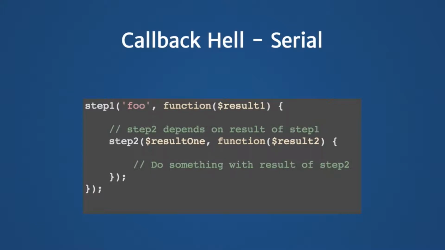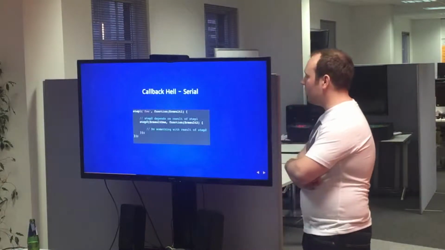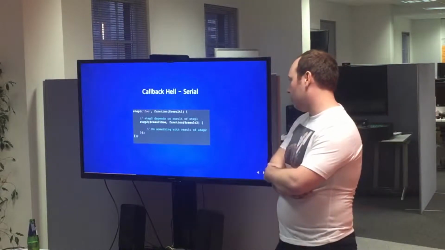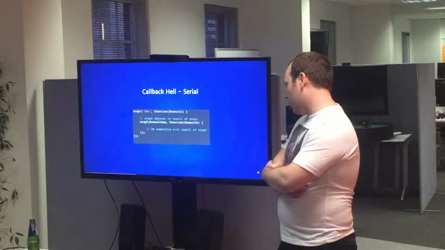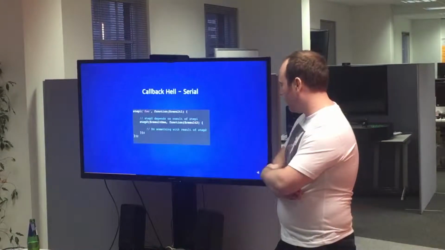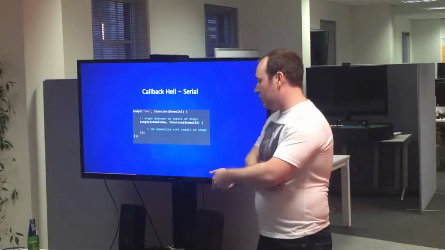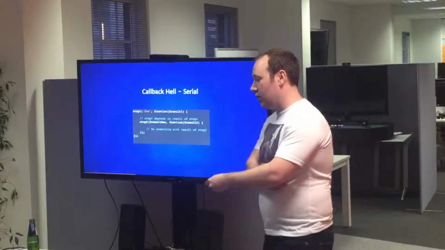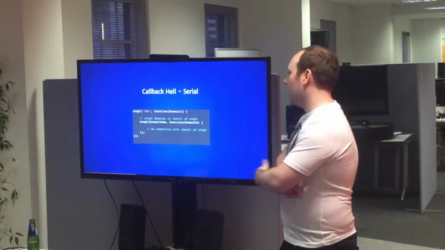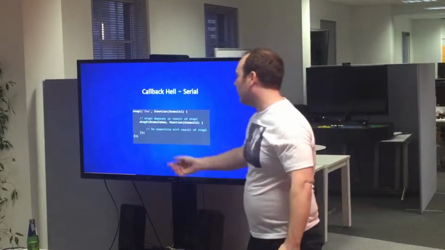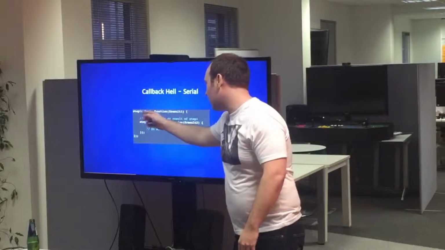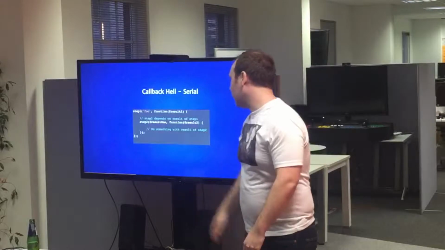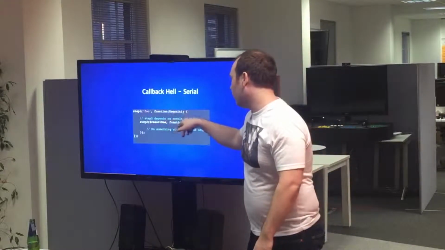Promises allow you to get away from this whole idea of callback hell. So if you ever had to venture into front-end land and write some JavaScript to maybe fetch some data over HTTP and then do something in the DOM with it, you essentially have to make a request and then specify a function, and that function is called when the operation is complete. So you have a function, I'll just call it step one, you give it some arguments, and then you pass in a function, and this function will get called with the result.